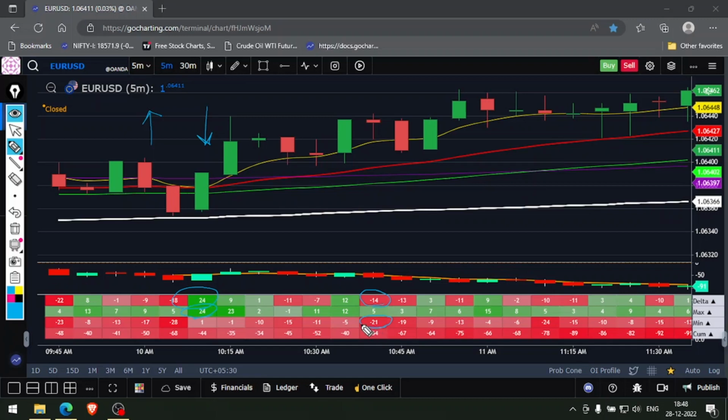So when you think of buying, you should consider the max delta and the delta, and when you think of shorting or a sell position, you should consider the min delta and the delta value. So this is one of the ways of identifying the healthiest